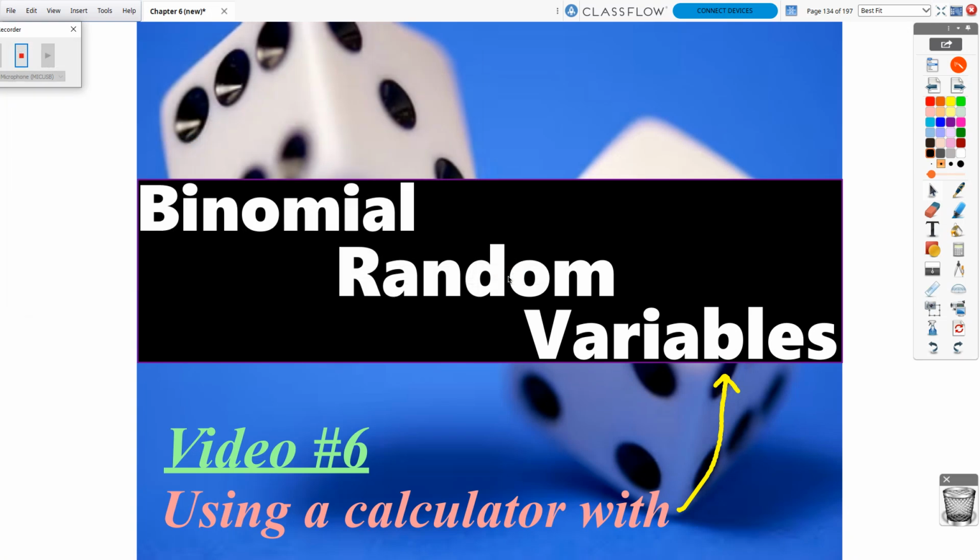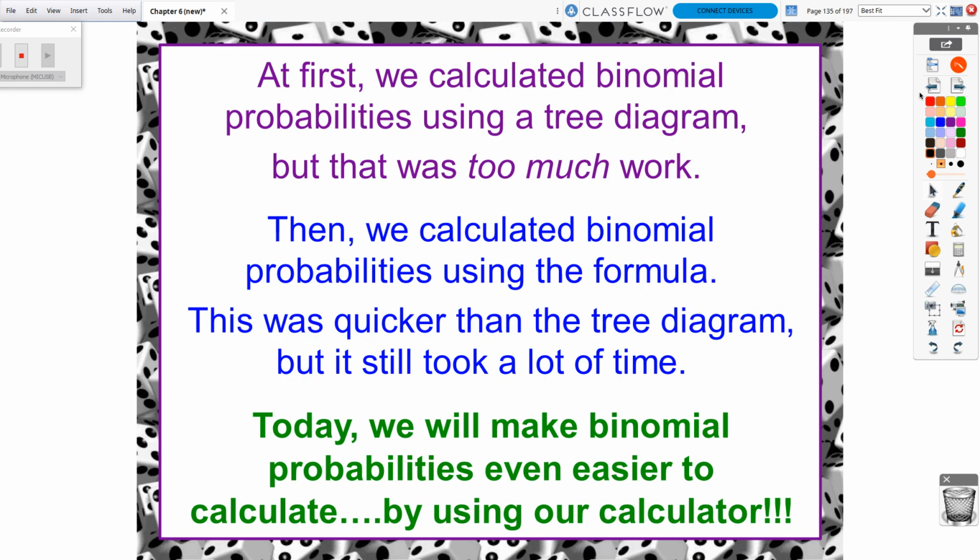Video 6 of Chapter 6, we are going to finally finish up our discussion on binomial random variables. Now, at first we calculated binomial probabilities by using a tree diagram back in Video 4, but that was just way too much work. And then in Video 5, we discovered the binomial formula, which was great, but it was